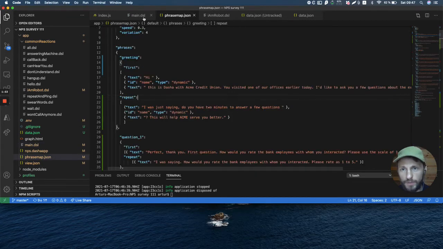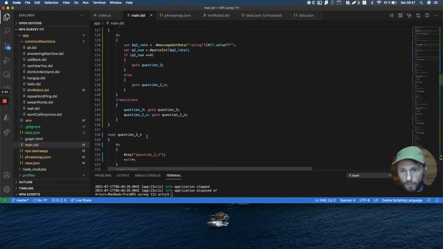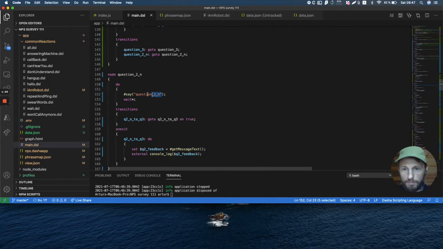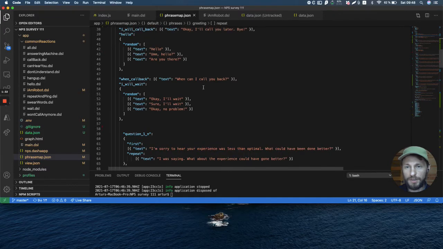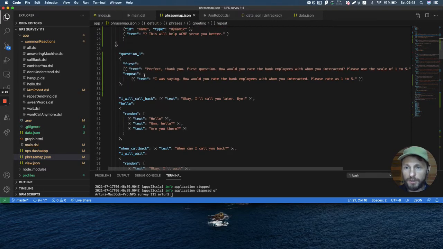Then we've got the phrase map. So the phrase map is what we map to as we are pronouncing phrases. Like you could, in theory, use something like say text and then hi whatever. But it's generally considered to be a better practice to map to a phrase map. Plus, it makes it a little easier to structure the